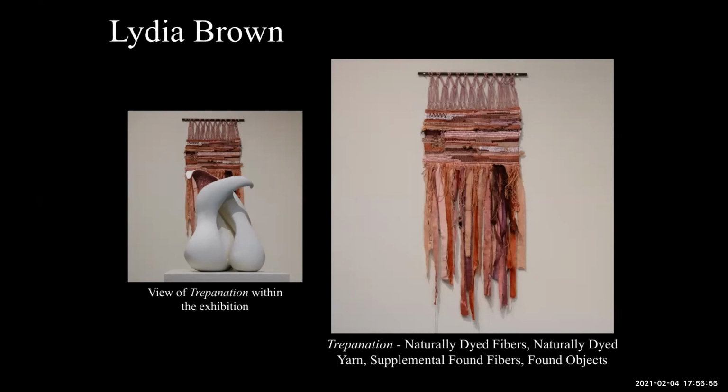And by tearing these fibers or distressing them, I attempted to make this sort of tattered and distressed look to the piece. And I was trying to show how something that may have once been a bit more beautiful looking, like the original way that these fibers looked when they were first dyed, can be changed or altered and distressed through this tearing. I even rubbed some dirt on some areas of this piece to give it this tattered look,